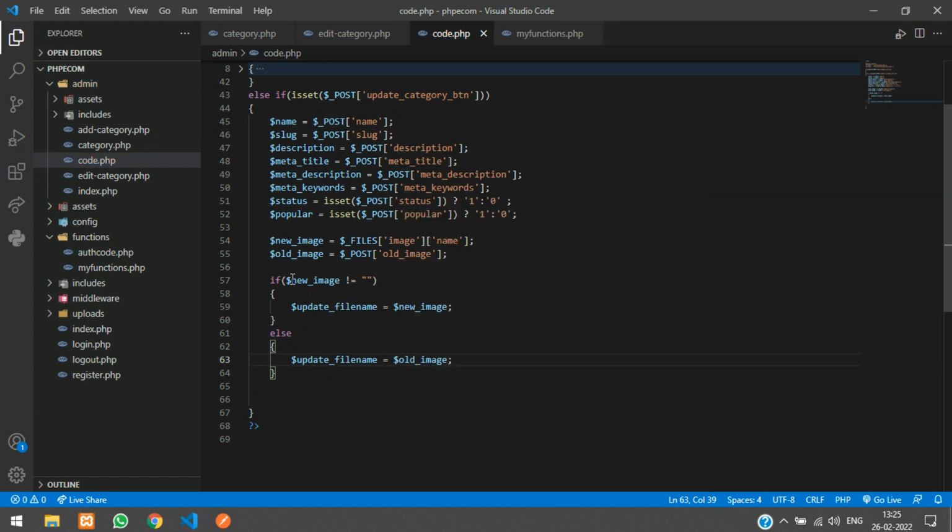So here we are just checking if the new image is not null. So if the user has uploaded a new image, then that we are going to update in the database, else the old name itself we will just upload in our database. So now we will write our update query. Say update query is equal to,